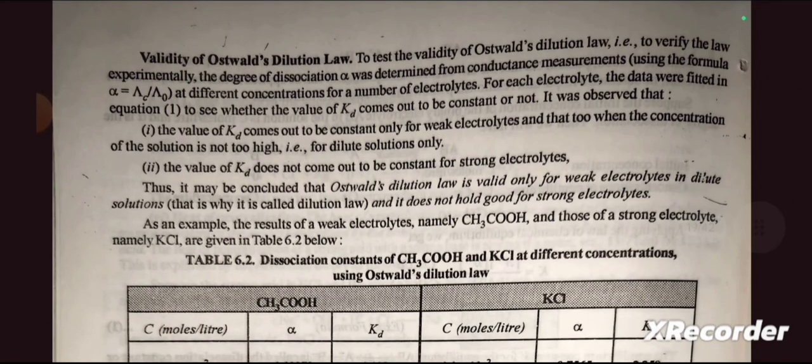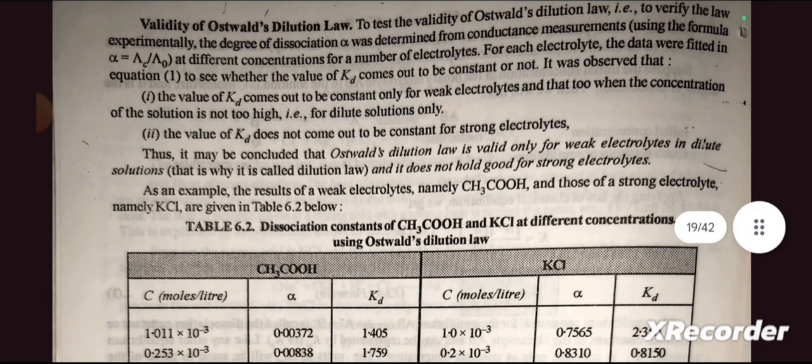Validity of Ostwald dilution law. To test the validity of Ostwald dilution law, that is, to verify the law experimentally, the degree of dissociation alpha was determined from conductance measurement using the formula alpha = lambda C divided by lambda naught at different concentrations for a number of electrolytes. For each electrolyte, the data were fitted in equation first to see whether the value of Kd comes out to be constant or not. It was observed that